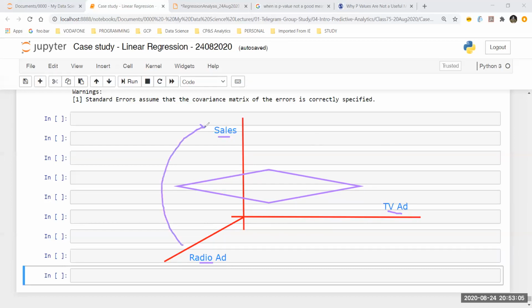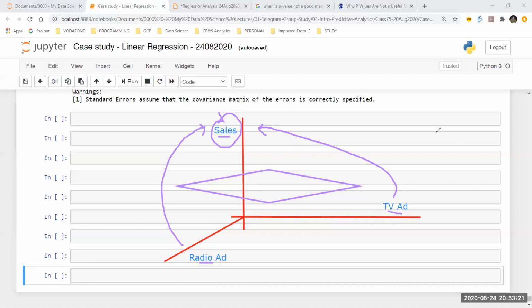Now, as part of the exploratory data analysis, we have looked into the relationship between, let's say, radio and sales. We looked into the relationship between TV and sales. But seldom we forget something, because the moment we are given a question, that I need to figure out the quantity of sales, I start looking at